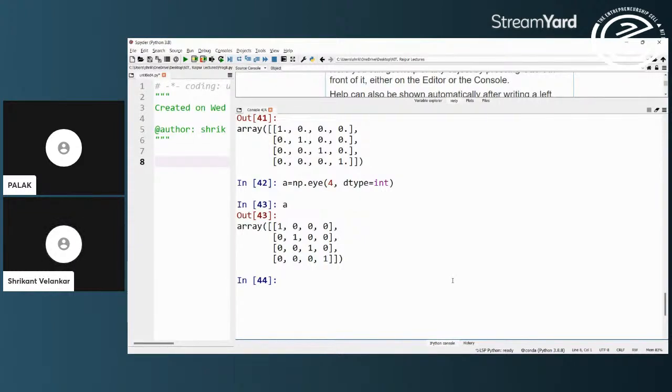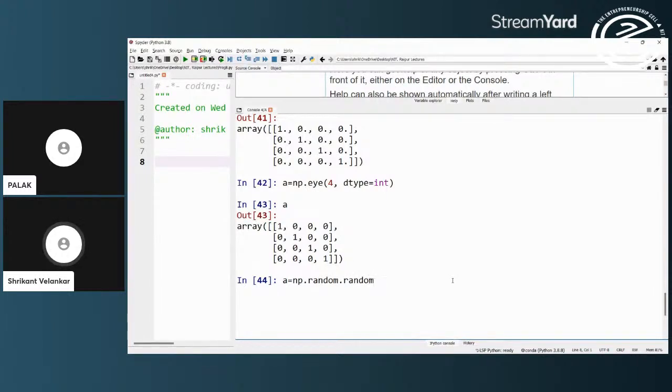We can generate a matrix of random numbers. If I want to generate a matrix or a vector of random numbers, then we can do so by saying np.random.random.